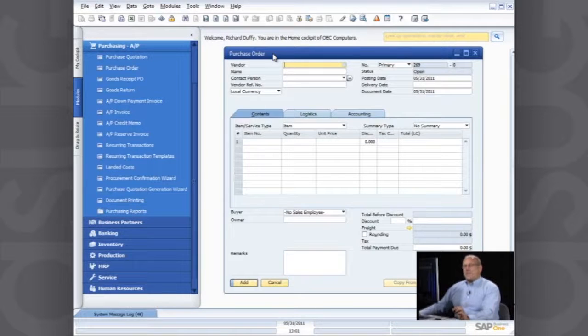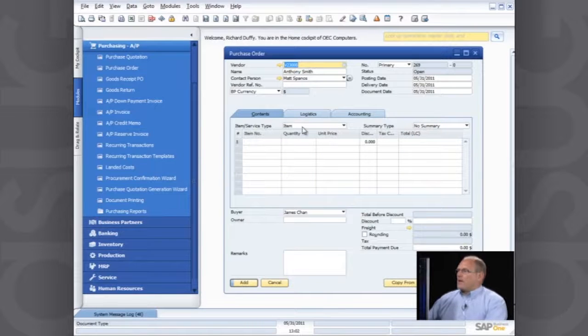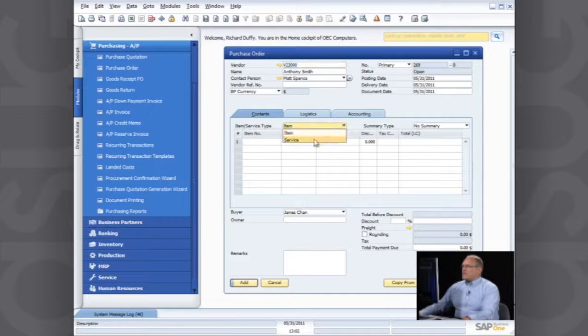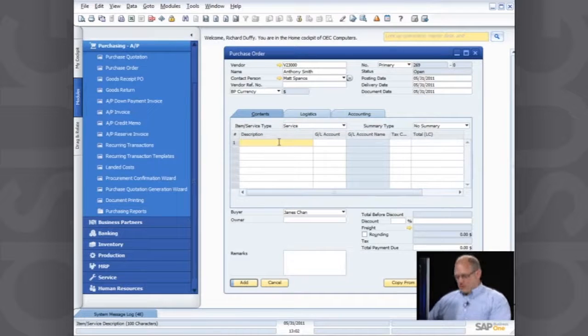So now I'm going to create a purchase order in the scenario where you're purchasing a service. So I'll go here and I'll choose vendor, and I'm going to purchase some services, this time from Anthony Smith. Again, I'm going to leave all of these dates as the defaults. I can go in and override those. In this case, I'm going to change this to a service-based invoice. So all I do is I change this from item to service,